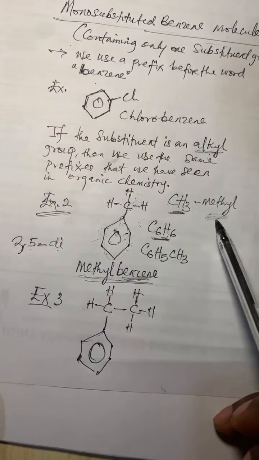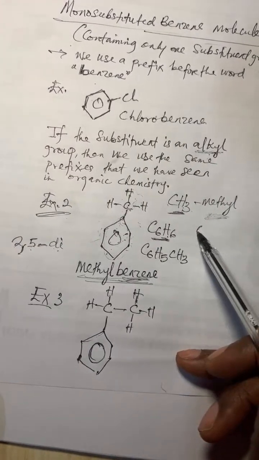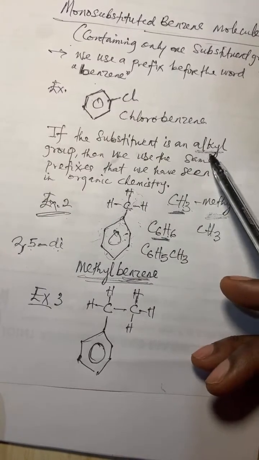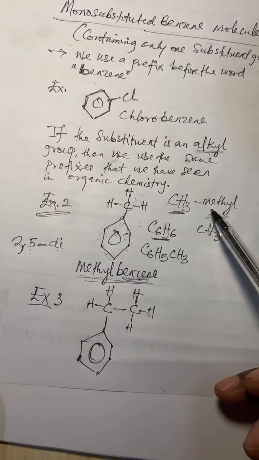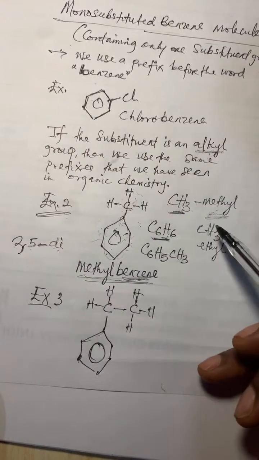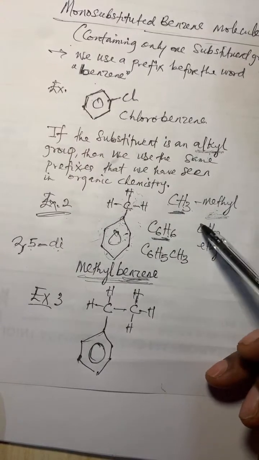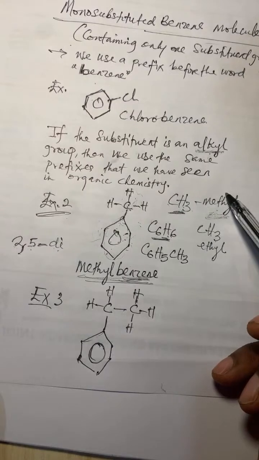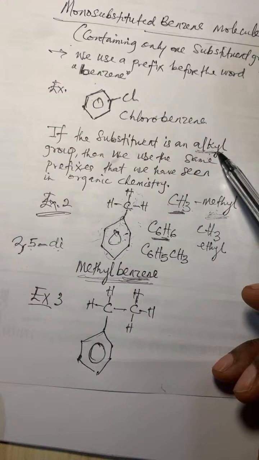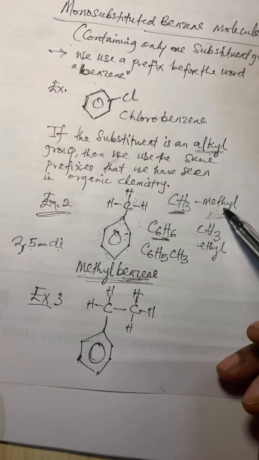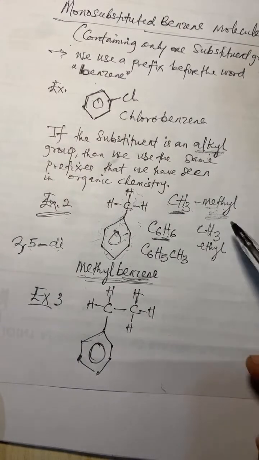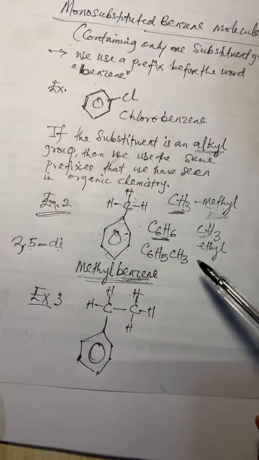Methyl has the formula CH3 in organic chemistry. Methyl comes under the family called the alkyl, and the first member is methyl. The second member is ethyl, just like we know methane, ethane, propane, butane, as the case may be. That one is under the alkane family, but under this alkyl family, we have methyl, ethyl, propyl. We are just using this last part, YL, to attach to it. Met still means one, et means two, just like so.